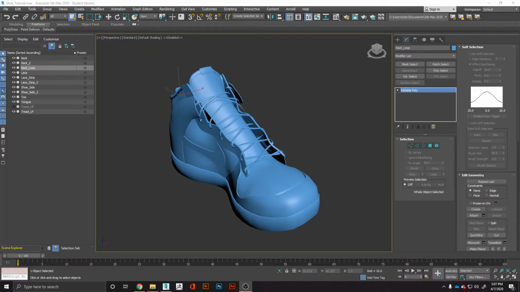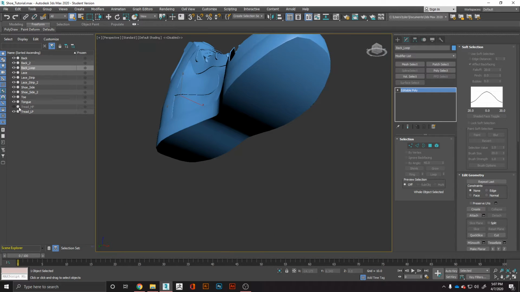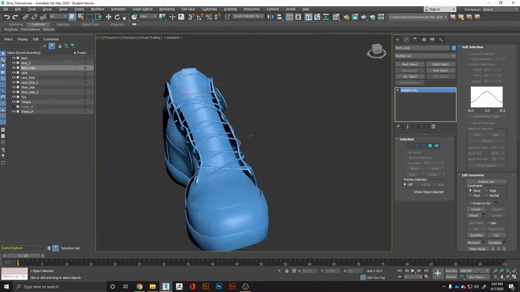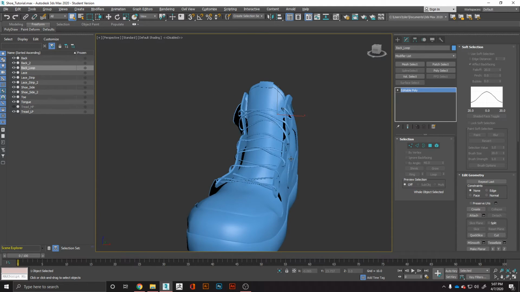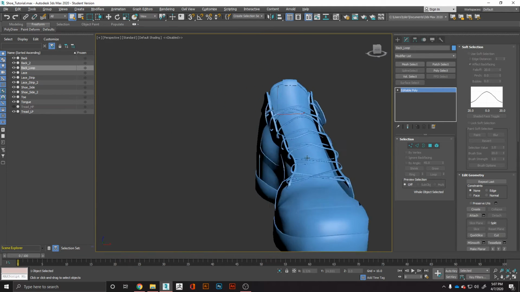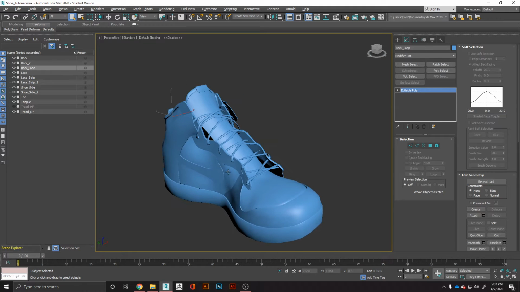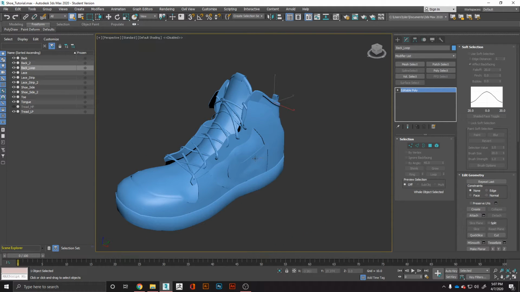In this video, I will show you how to take your model, which we just unwrapped in the previous video, and now I want to show you just how to create a high poly version that you can then use to bake onto your low poly version. The benefit of this is to create a high poly look, or just a higher level of detail